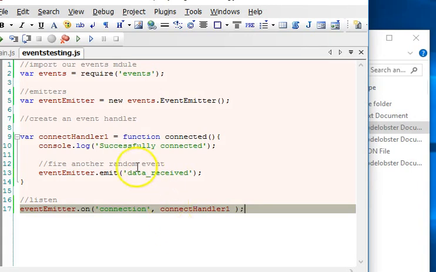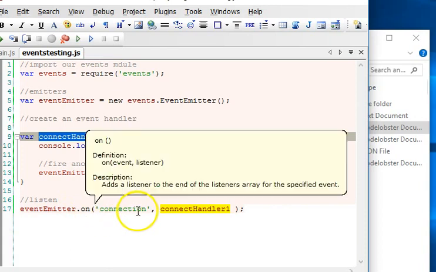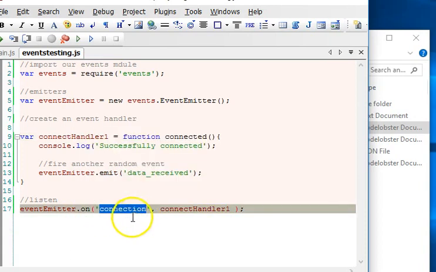Do you now get what is happening? We have declared a function that we called connect handler 1. That's what we named our function. And we're now saying, hey, listen until whenever a connection event is fired. We have not created this connection event, but once it's fired, quickly run the function or whatever you see here. Alright, so